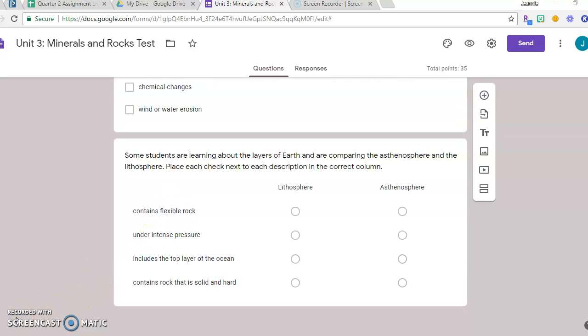All right, last question in section 3. Some students are learning about the layers of Earth and are comparing the asthenosphere and the lithosphere. Place a check next to each description in the correct column. So we again have descriptions. You need to tell me, does it belong to the lithosphere, which is the first column, or the asthenosphere, which is the second column? The first description contains flexible rock